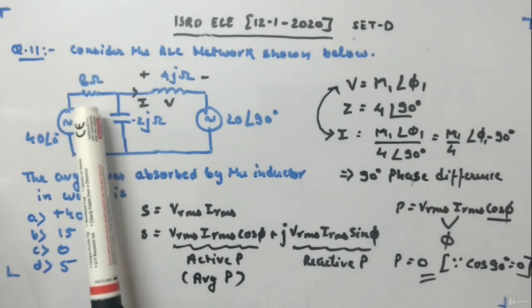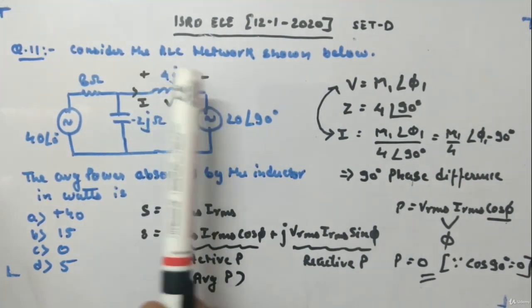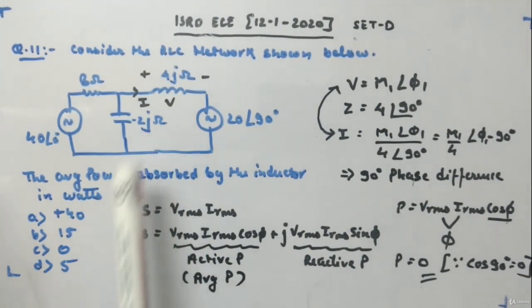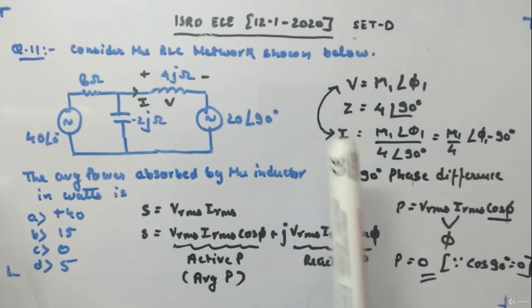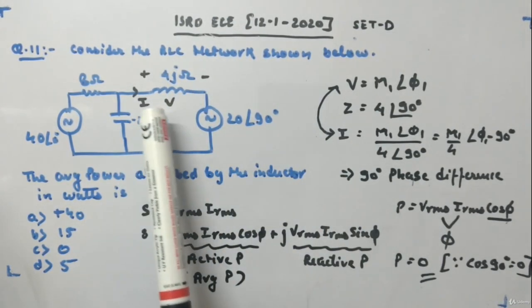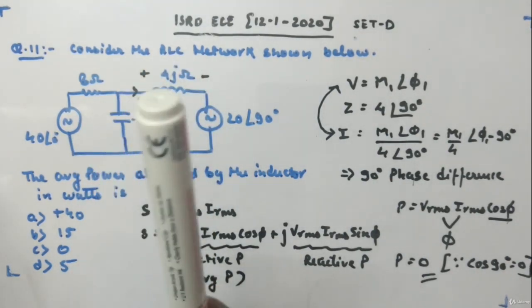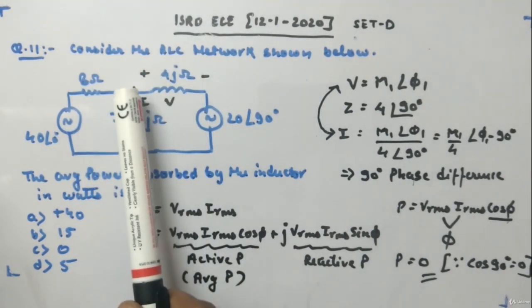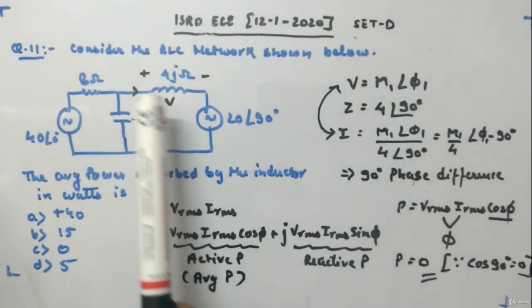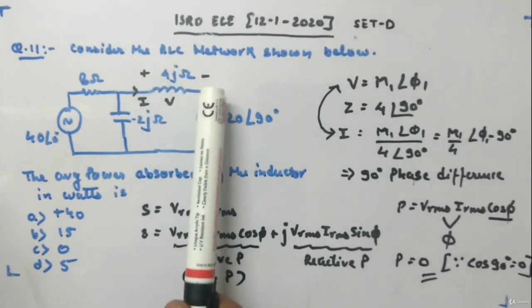This is the capacitor, resistor, inductor. So we have to focus on this. Average power we have to calculate in watts. Now I've marked I and V in black, as it was not given in the question. Let's say current I is flowing through this inductor and the voltage is V, positive, negative.